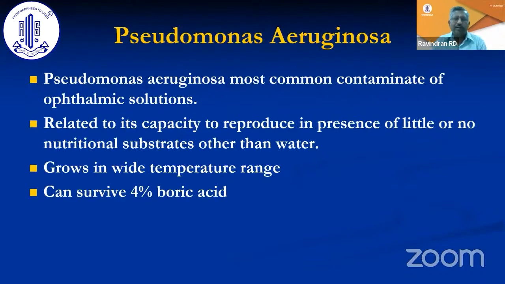Pseudomonas is a very common contaminant. This is why it is really important not to use tap water in our operating room. It is always better to use RO water for all your hand cleaning, washing and instruments. We also use an additional filter to get pharmacy-quality, injection-quality water, which we use for cleaning the instruments. All of that has made a tremendous change in bringing down endophthalmitis in our setup.